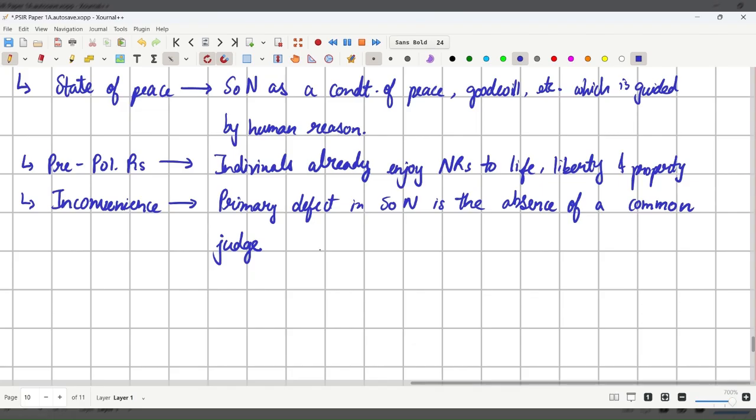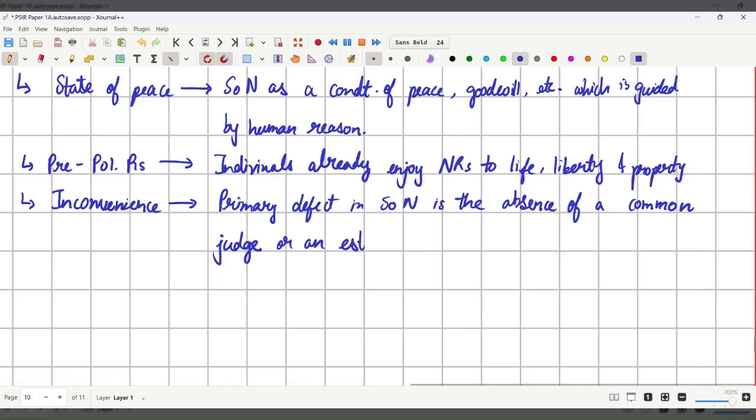So basically, the primary defect in the state of nature is the absence of a common judge or an established authority